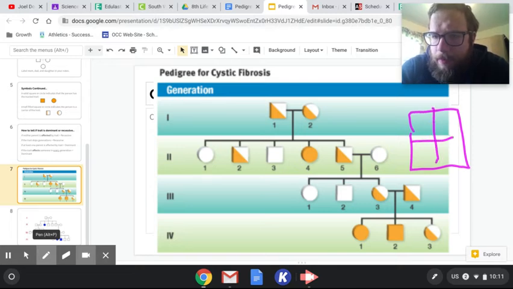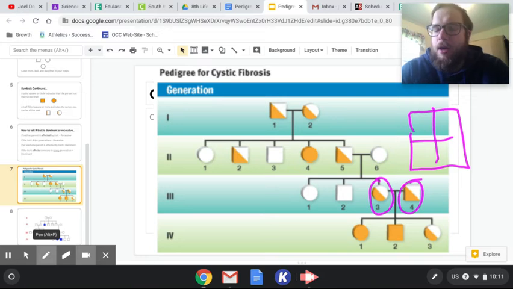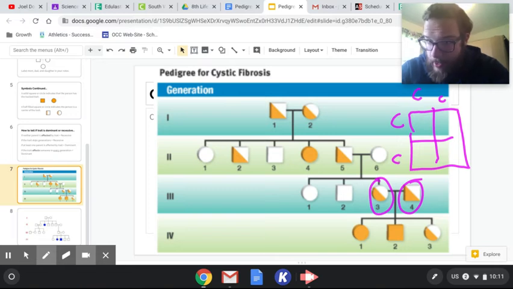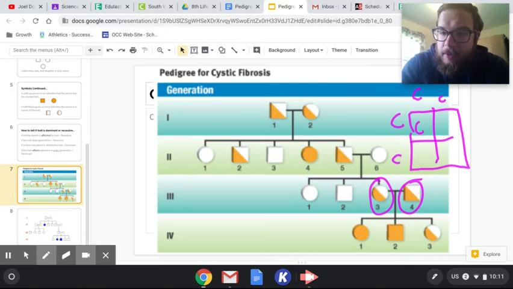Get my old window shape back. And remember, we know that cystic fibrosis is recessive. So let's look at person 3 and 4 right here. If they are both carrying it, that means that we'll call cystic fibrosis C. They've got to be big C, little c, and big C, little c, right? They've got to be carrying it, but not having the disease itself. So let's fill this out. Excuse me. 2 big C's, 2 little c's,